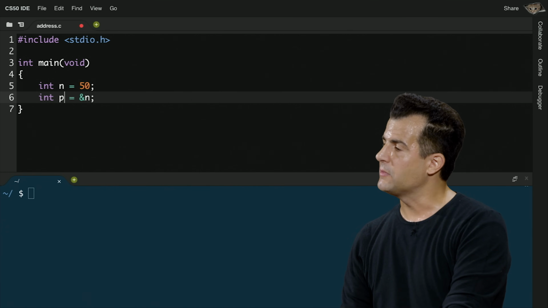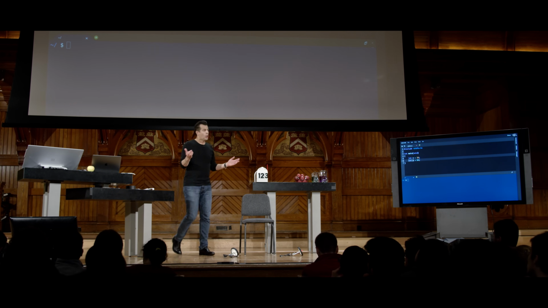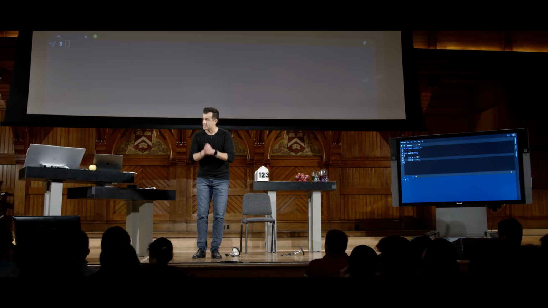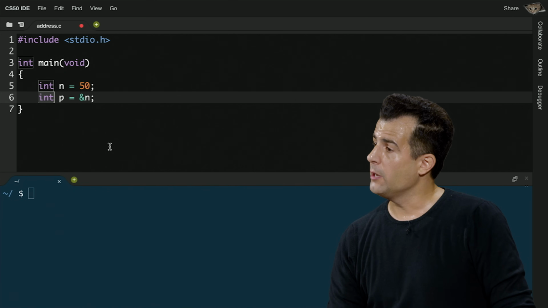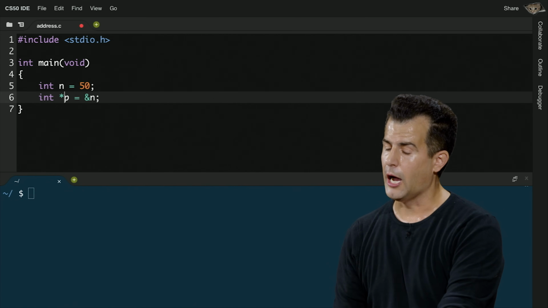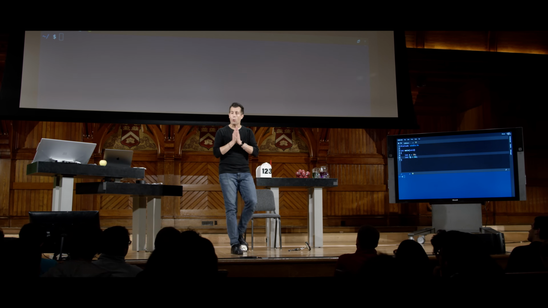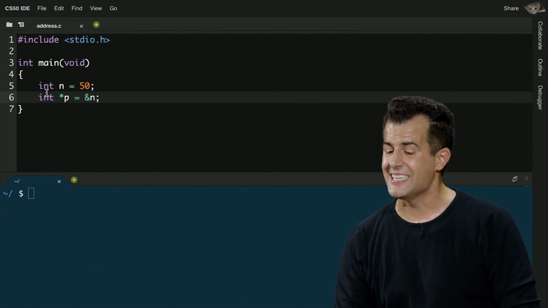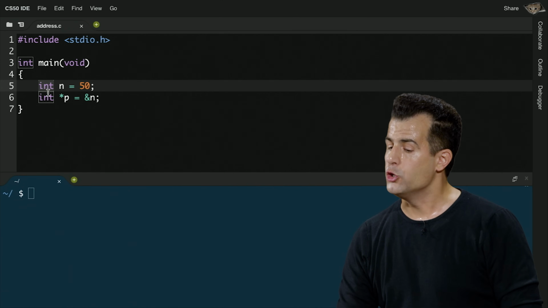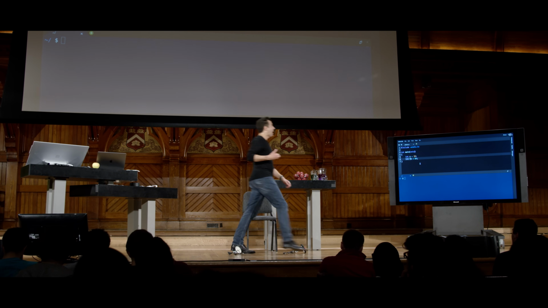But I do have to do something different here. On the left-hand side is the name of my variable. I've called it p for pointer. But if you want to store the address of some value in a variable, you have to specify not just the type of value that's in that other variable. You have to specify with this star operator, in a very confusing, unfortunate, different context, that this is a pointer. So whereas n has a data type of int, just as it has since week 0, the only thing new now is that it turns out there's another type of data that you can describe as a pointer.